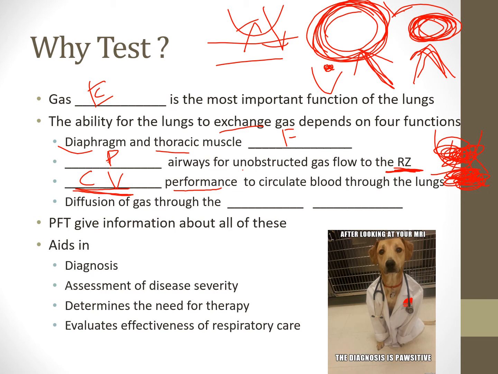And then finally, the last point on here is diffusion of gas through the AC membrane. So just like the alveolar capillary membrane, right? So the diffusion through the AC membrane, we can actually measure this with what's called the DLCO. And we talked about this before in pulmonary A&P, go figure, right? So we can give the patient a small percentage of